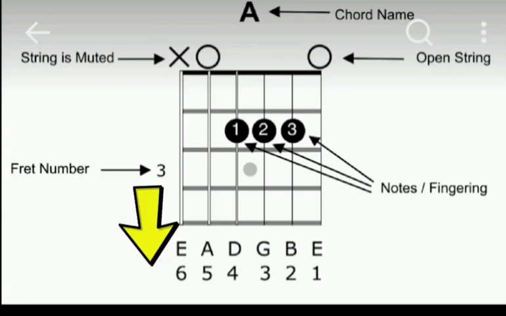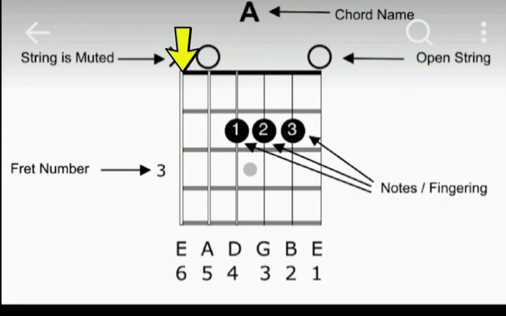So the horizontal lines are the frets, those gaps that have been created. Whereas the vertical ones are the strings and the horizontal ones are the frets.